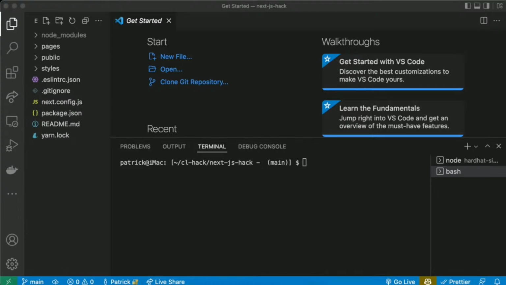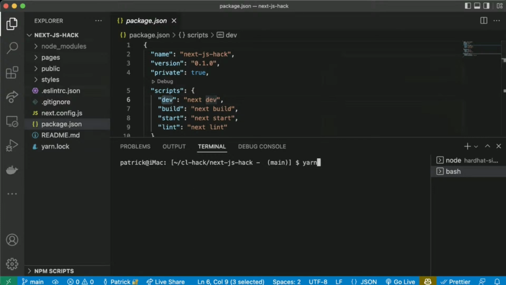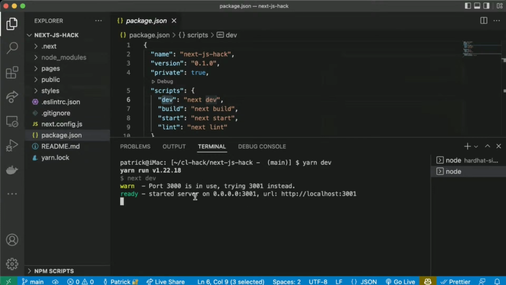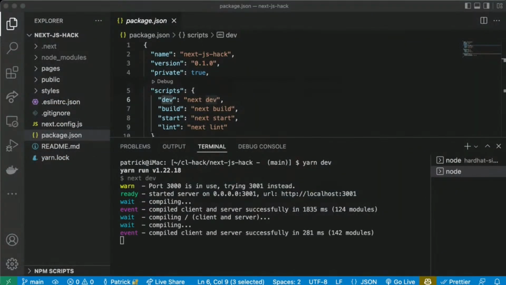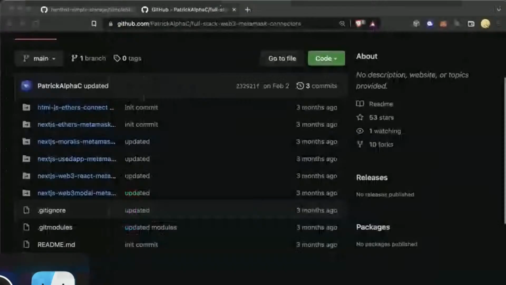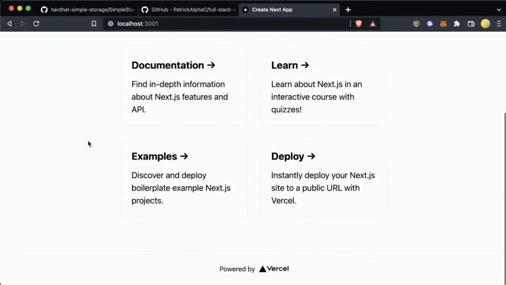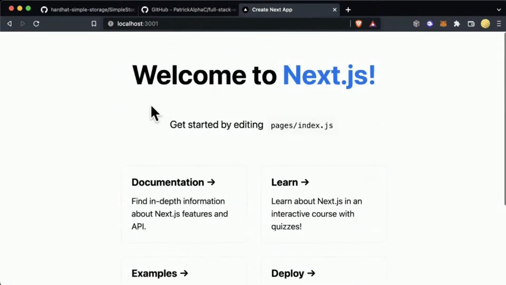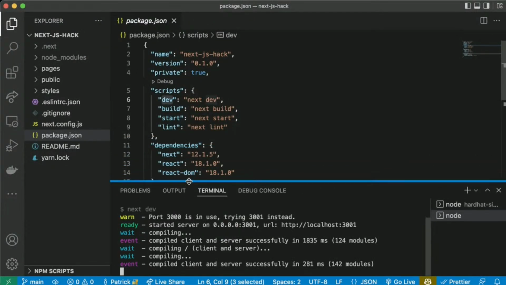Now that we have this, we have this package.json with a whole bunch of scripts. If I run yarn dev, it says I have something running already, because I'm doing another thing somewhere else. But if I go to this localhost, we have a really minimalistic Next.js application running just by doing yarn create and yarn dev. Let me walk you through what this is doing.